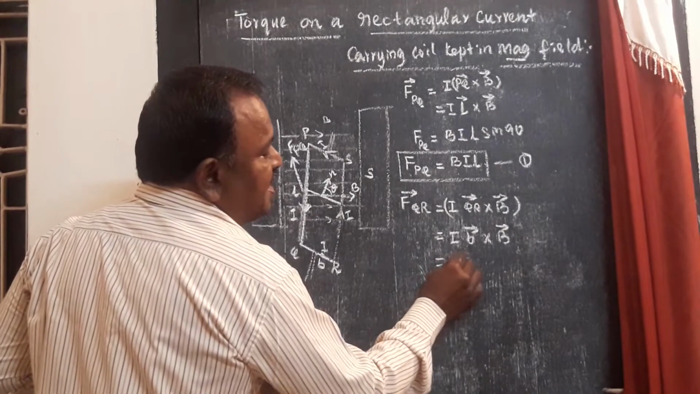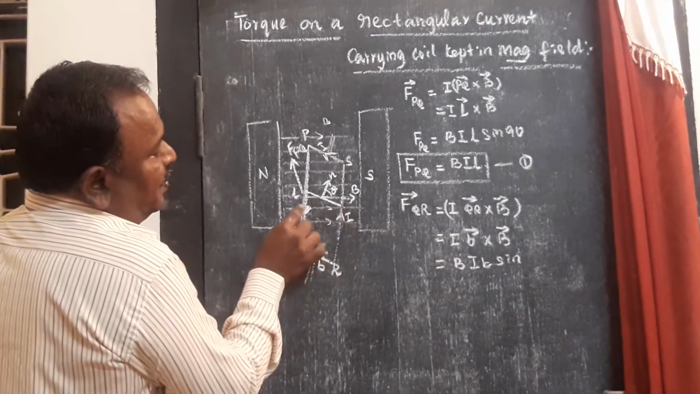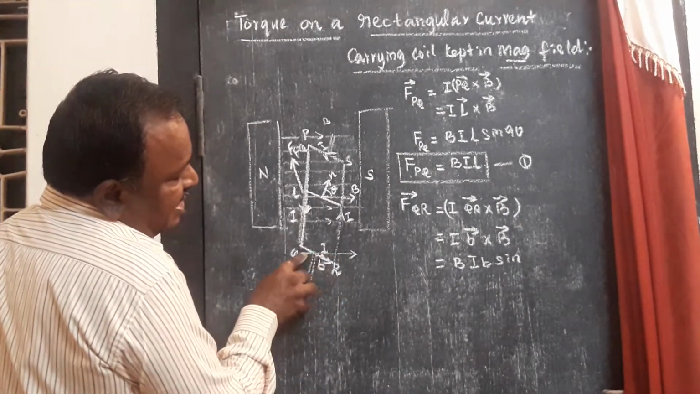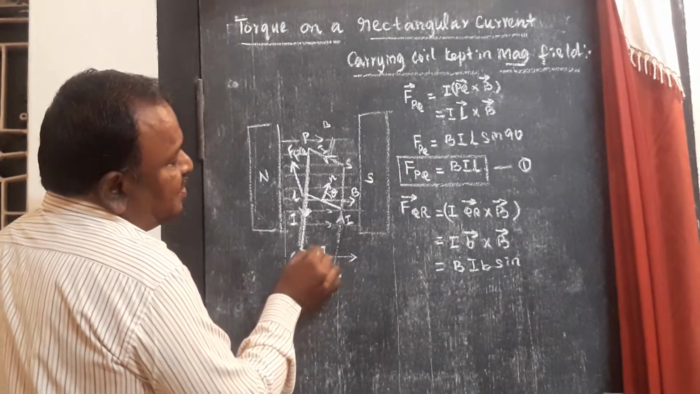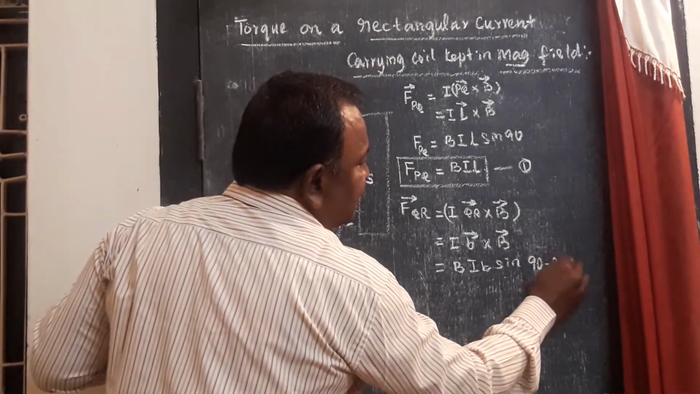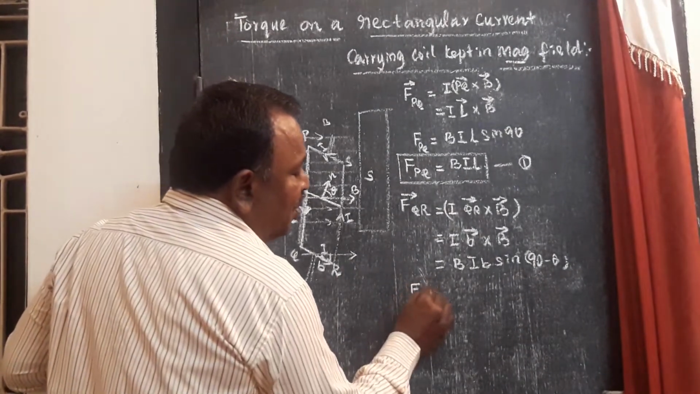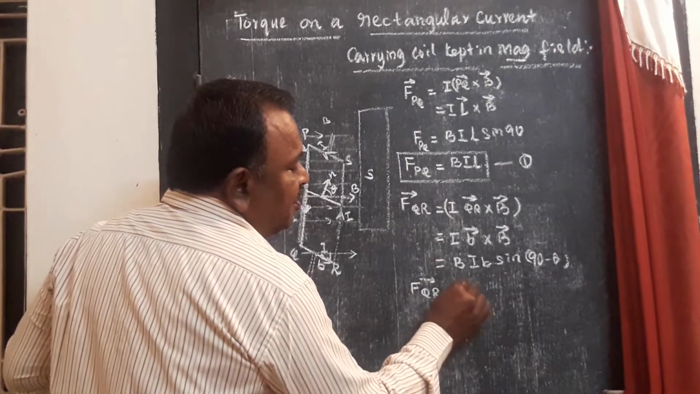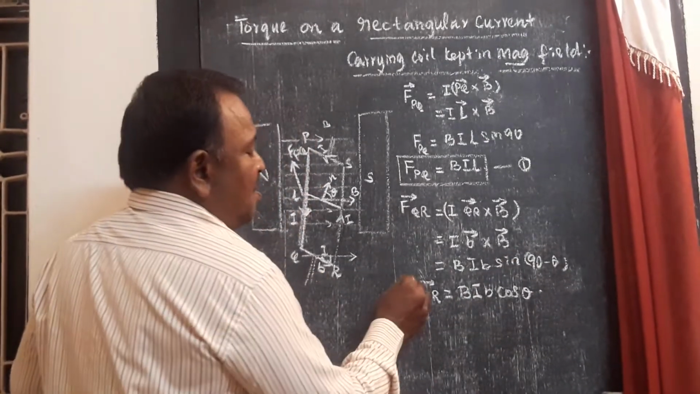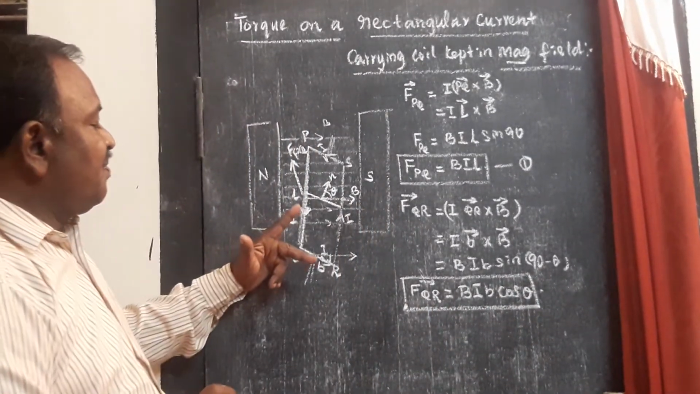That is BIB sin. So when you consider the magnetic field acting, the direction of the magnetic field and the direction of the current make this angle, which is equal to 90 minus theta. 90 minus theta is cos theta. So you will have the force on QR is equal to BIB cos theta. Now to find the direction of the force, it is given by